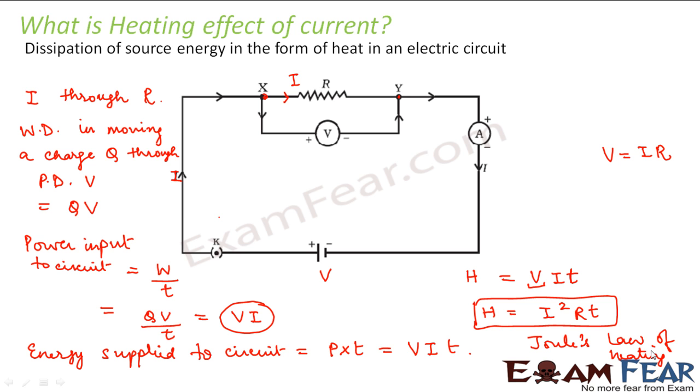According to Joule's law of heating, if you have a circuit where there is a source which provides some amount of source energy because of which a current I flows through the circuit, then the heat that is dissipated across the resistor is given by I square RT, where R is the value of that resistance and I is the current flowing through the circuit, right? This heat is useful for many different applications. We will look at some of those applications in the next few slides.